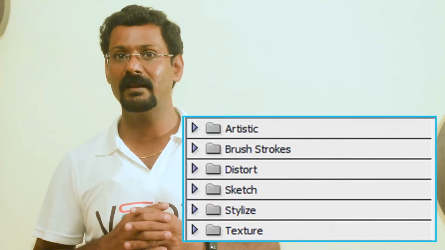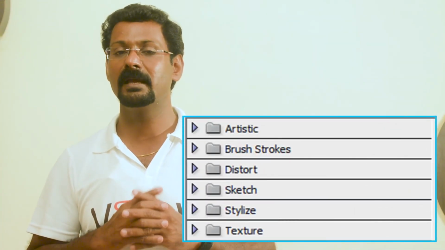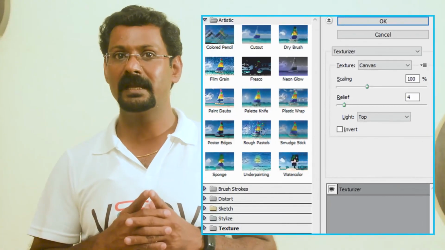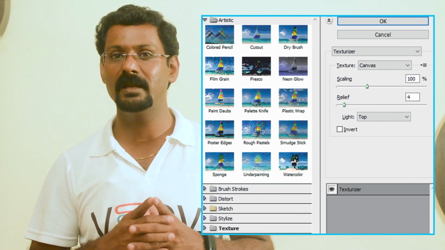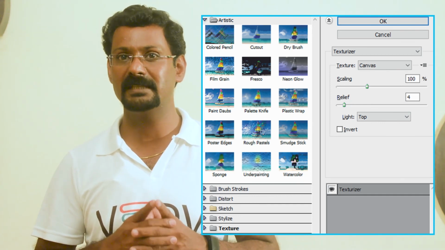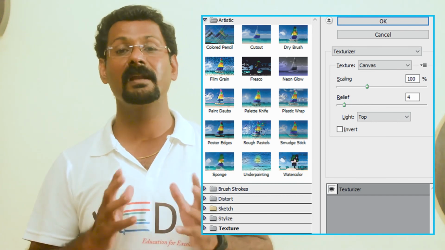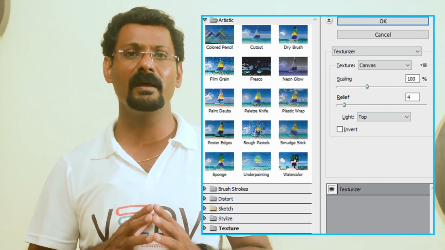To apply a filter from the Filter Gallery, follow these steps. Click on the menu, open the image in Photoshop, select Filter Gallery, and select the desired filter option displayed. To apply multiple filters simultaneously, click on the New Effect Layer icon found at the bottom of the applied filter list and choose the additional filter to apply. Repeat the above steps to add filters. To remove a filter, select the filter and delete it.